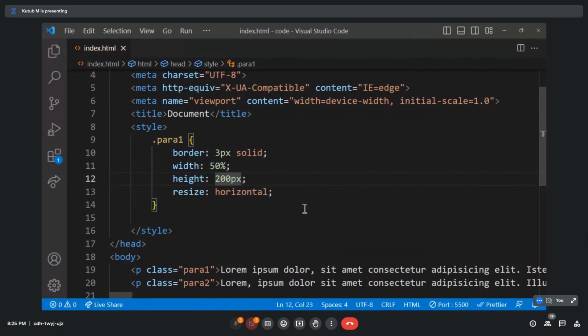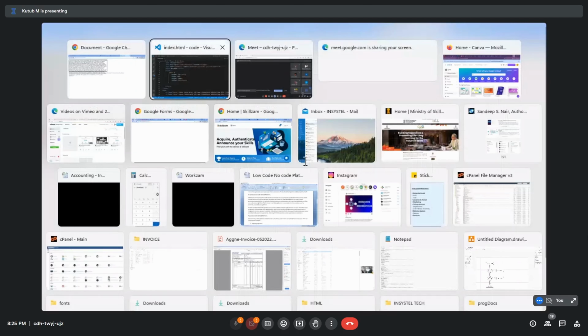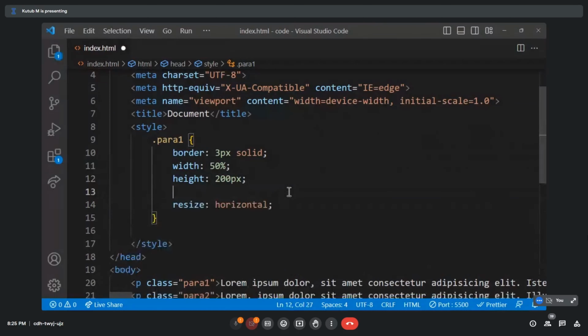That should be good enough. Now again, overflow is equal to none, I should mean, and that should be good. Now just try to understand here the properties, what I'm trying to see. Okay. Now because I have not set the overflow, we can go ahead and say overflow is equal to, let's say,